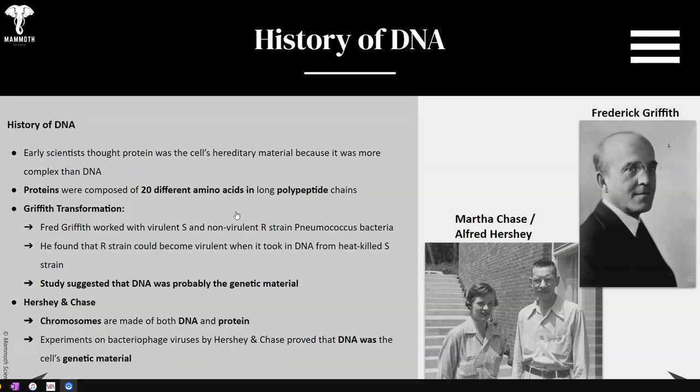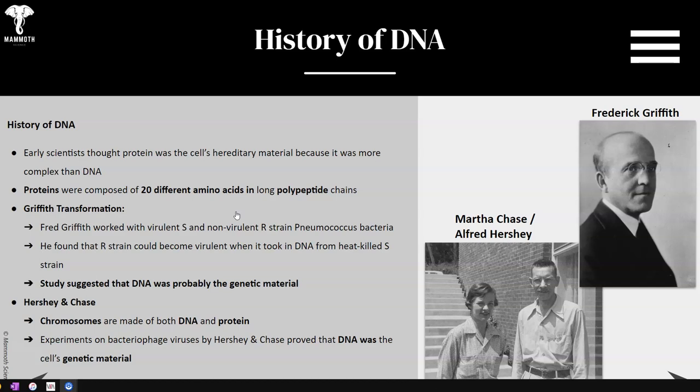So let's talk a little bit about the history of DNA. Early scientists thought protein was the cell's hereditary material because it was more complex than DNA. Remember that we have proteins that are composed of 20 different amino acids in long polypeptide chains held together by peptide bonds. However, some of the first experimentation done by Fred Griffith worked with virulent S and non-virulent R strain